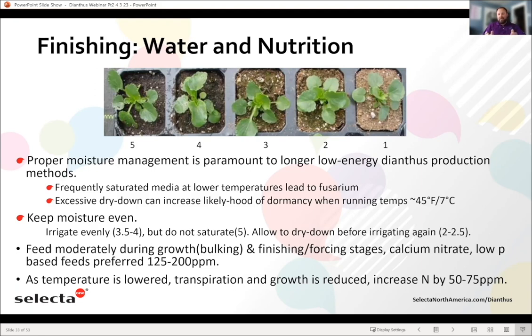I rarely see Pythium on Dianthus, but I'm sure there are Pythiums that would take an opportunity for entry into these plants. But what we really want to do is keep even moisture, right? So we want to irrigate, and this is Dr. Will Healy's media moisture scale, really for plugs that we're adapting to finish. Dr. Healy, unfortunately, is no longer with us here at Ball, enjoying a nice, fruitful retirement. But I'm going to continue to use his terminology because it is so good to really describe the level